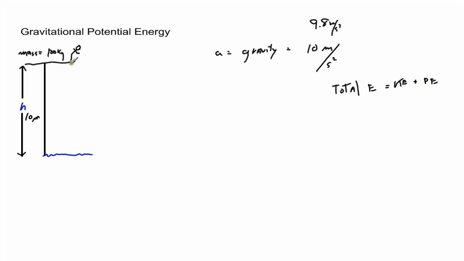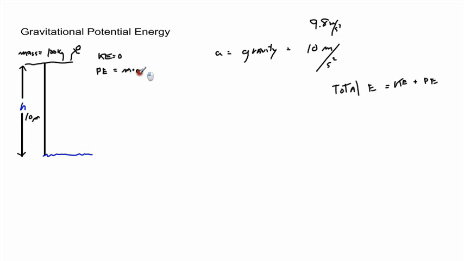Well, up on top, if he hasn't jumped, then the kinetic energy is equal to 0, isn't it? KE equals 0. But potential energy, before he jumps, is equal to mass